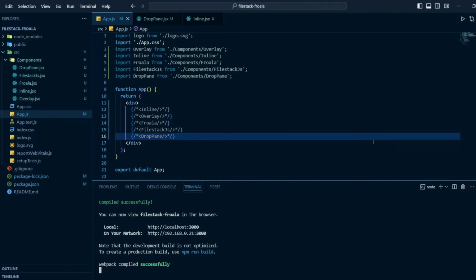And well, right now, I'm going to explain more about Filestack. So in this section of the webinar, I'm going to show you how you can actually upload your files using the Filestack picker. The Filestack picker is a beautiful interface that you can use to directly upload your files. And well, since the application was built in React, I'm going to show you how to use the React Filestack